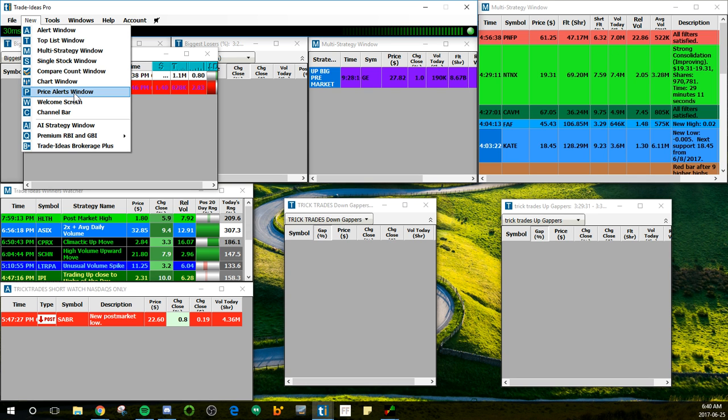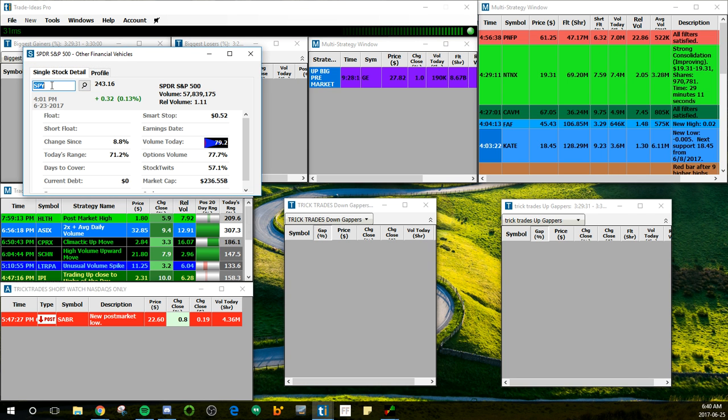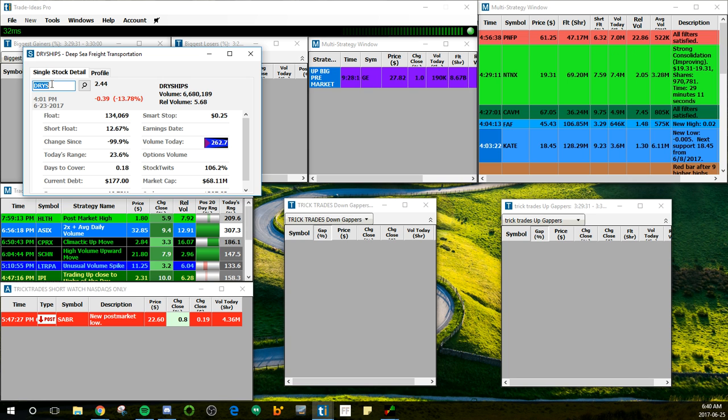And what else we got? A single stock window. This is if you want to look up, let's say the float on dries. There's a float on dries, although that's wrong. It's around 5 million right now. So maybe that's not a good example, but AMD, there you go. You got the float, you got all your